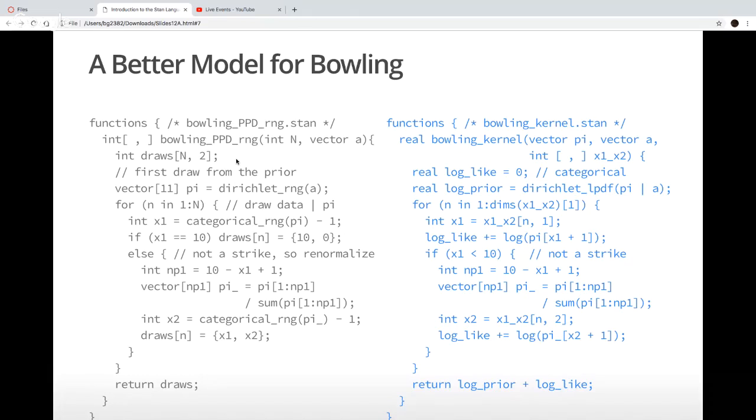So this function on the right in blue is the numerator of Bayes' rule that corresponds to this data generating process, but it's now going to condition on the bowling data that we have. And so now that becomes an argument to my function, this two-dimensional integer array, number of pins knocked down on the first and second roll by whoever this bowler is.